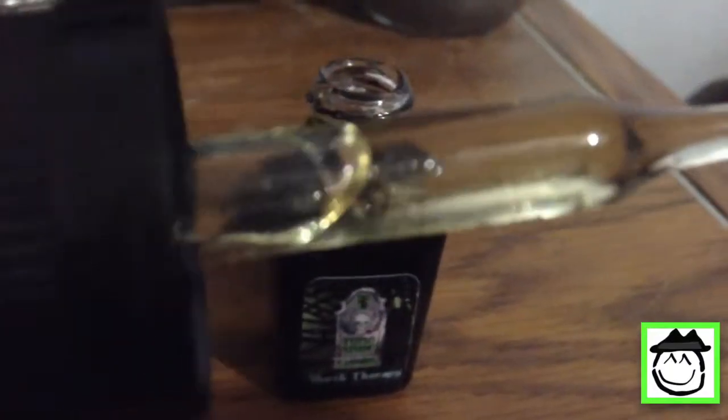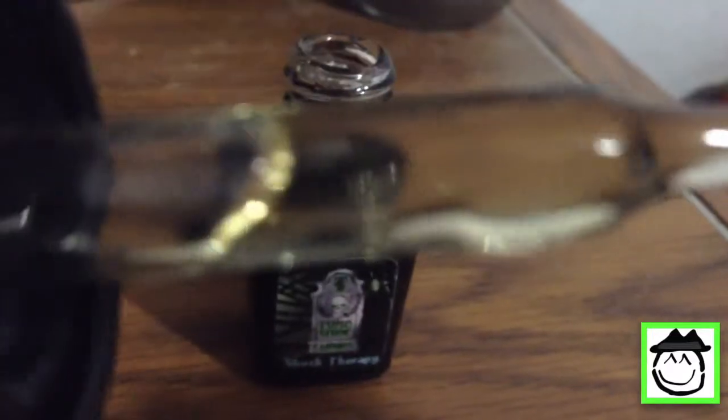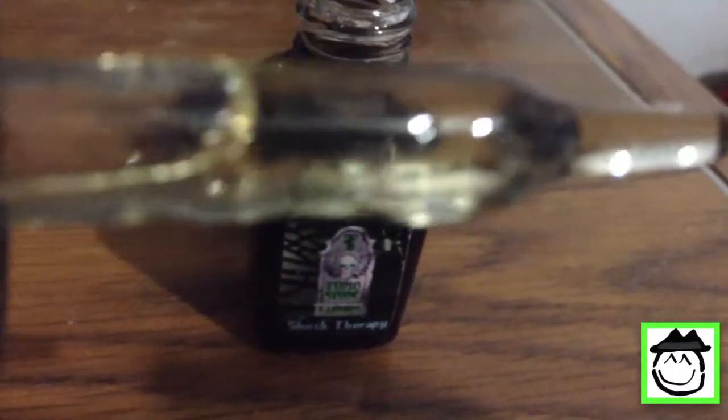Anyway, let's go down to a little uppy closey time, as Grim Green would say. Alright, so that's what the liquid looks like. It's kind of a clear, yellowy color. Pretty clear though, kind of a yellow tint to it. And pretty unremarkable, I guess. But it's